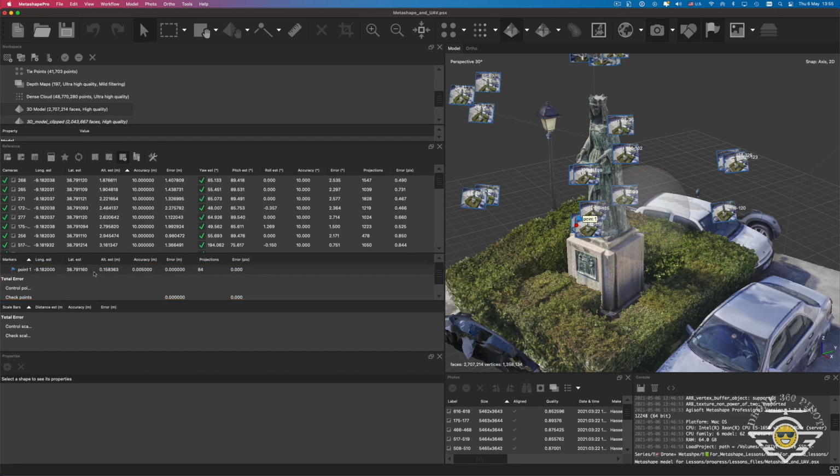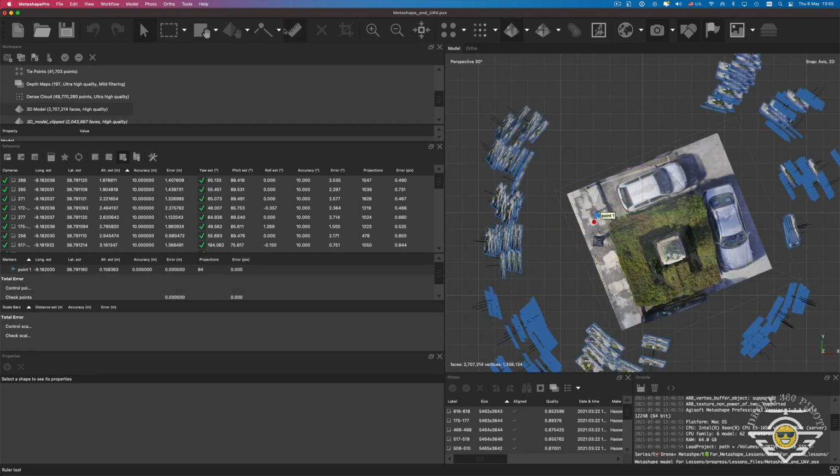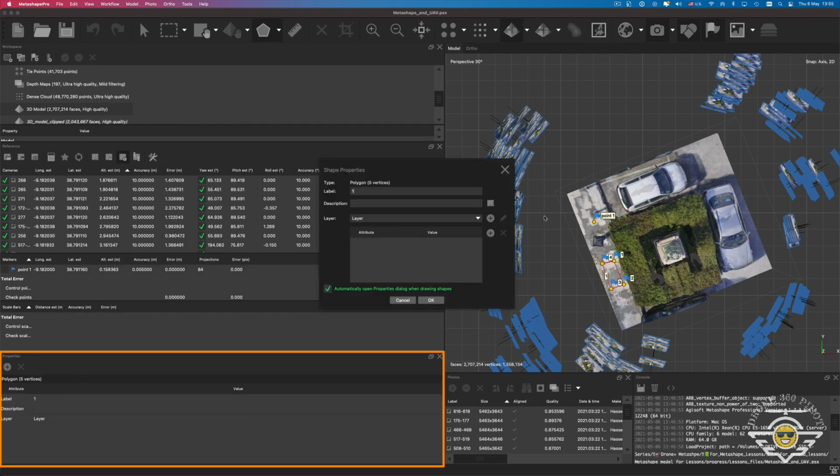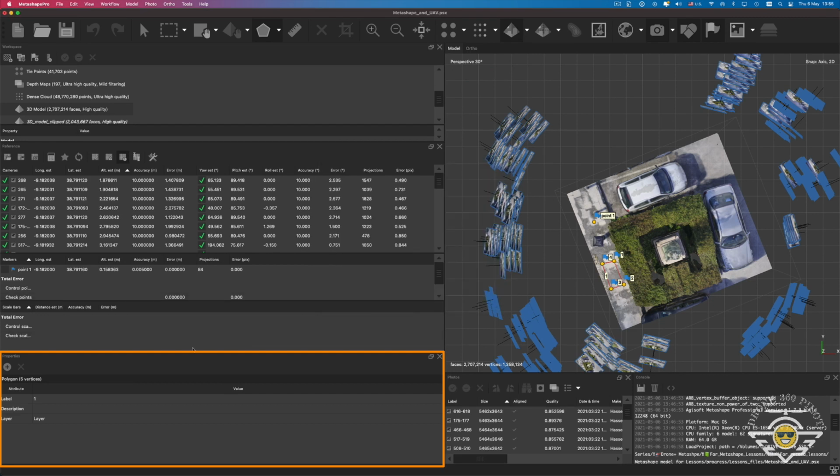Let's move now to Shape Properties panel. Properties panel is designed for displaying and editing labels for selected shapes, displaying and editing description for selected shapes, displaying and editing existing attribute values for selected shapes, adding new attributes for the selected shape, assigning shape layer to the selected shapes, editing label and style for shape layer assigned to the selected shapes.